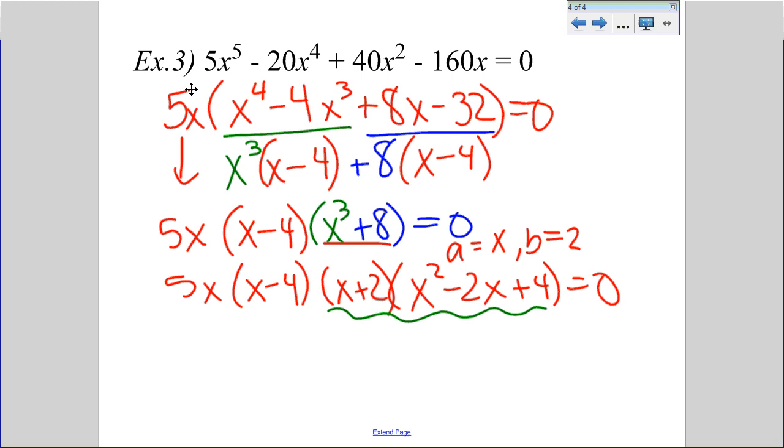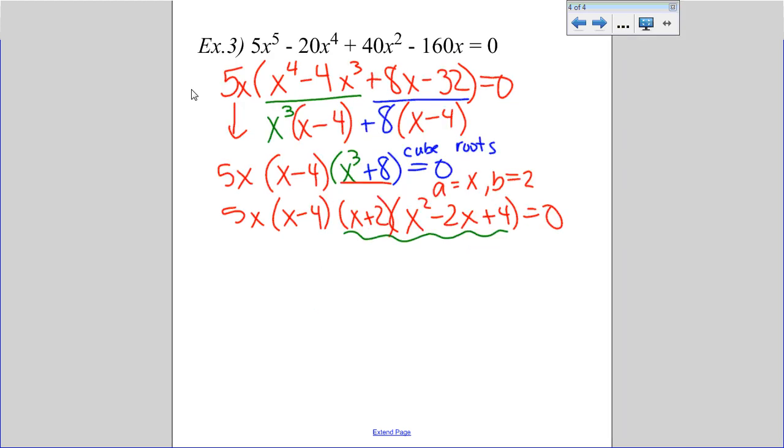I took the cube root of x to the third, which is just x, and then I go to my calculator and I do that math for 4. This is the cube root of 8, gives me 2. So what I'm doing here is cube roots. Now, Jesse, because I've taught math long enough, I have these memorized, so I know 8 goes down to a b value of 2. Okay? But you can find those on your calculator. Now we're at the point that Zena was trying to get me to. Each factor is set equal to 0. All I did on this problem, guys,